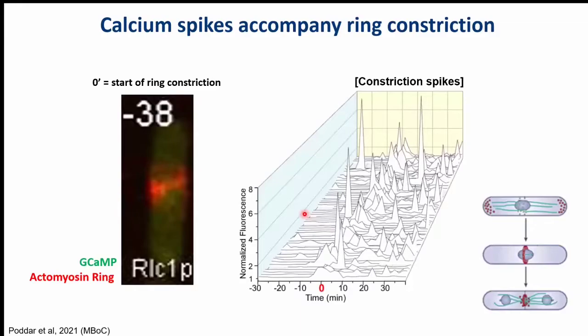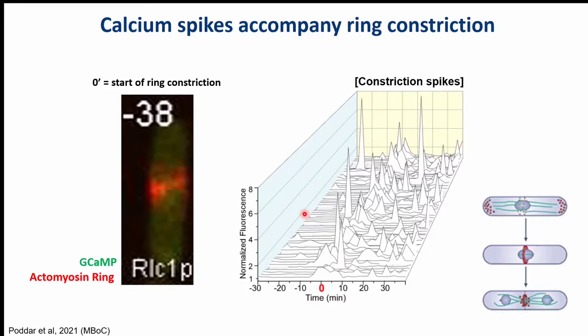Next, to employ this reporter and identify the calcium spikes during cytokinesis, we imaged the yeast cells during the entire phase of the cell division. Normally, it takes 3 hours for the cells to divide. So we used cells co-expressing GCaMP in green and a ring marker in red, and looked for calcium spikes during cytokinesis. We observed that as the cell approaches the period of ring constriction, it is accompanied by